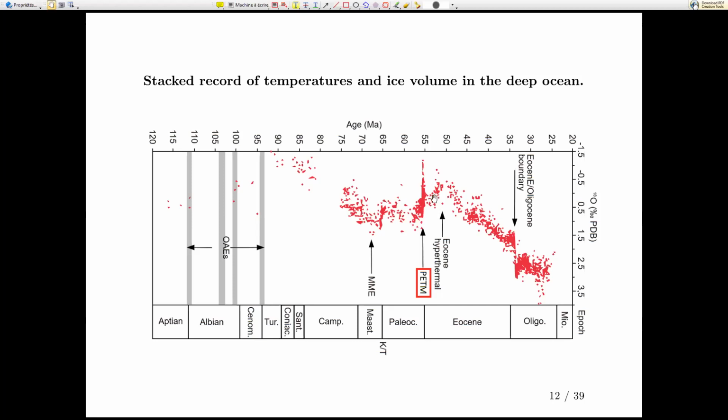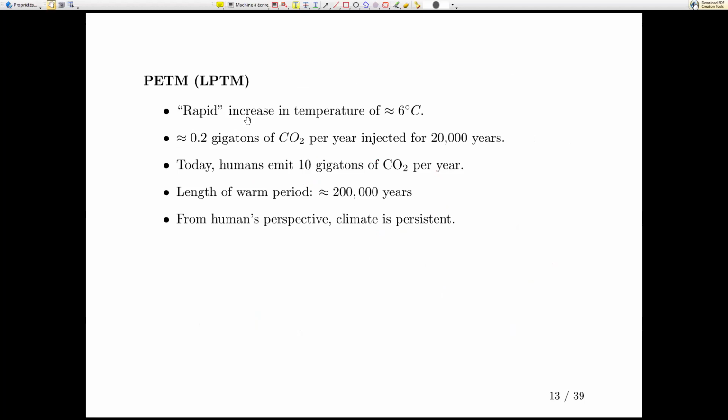So what I'm saying there is, if we put CO2 in the atmosphere and we let things go on, from our perspective, it's just forever. Really, 200,000 years. You just get used to it. There's no perspective that it's ever going to go down.